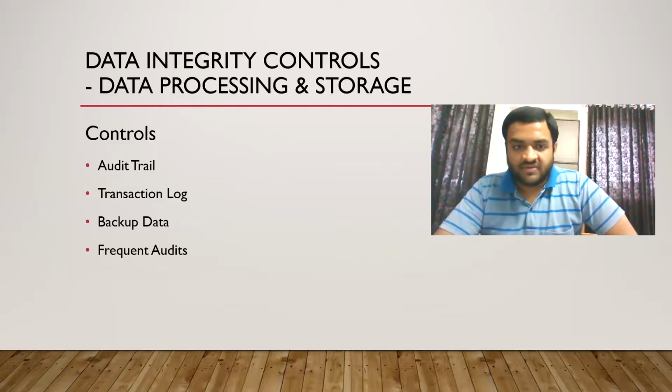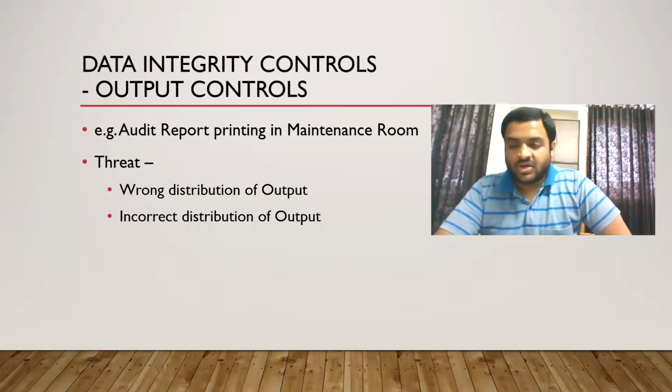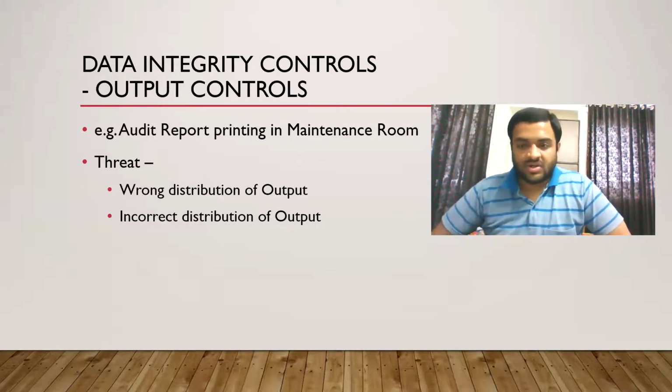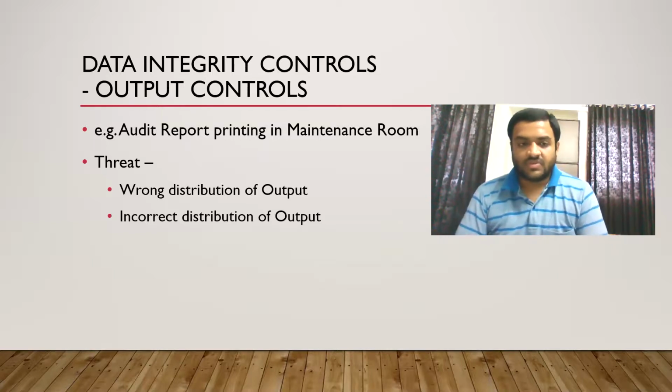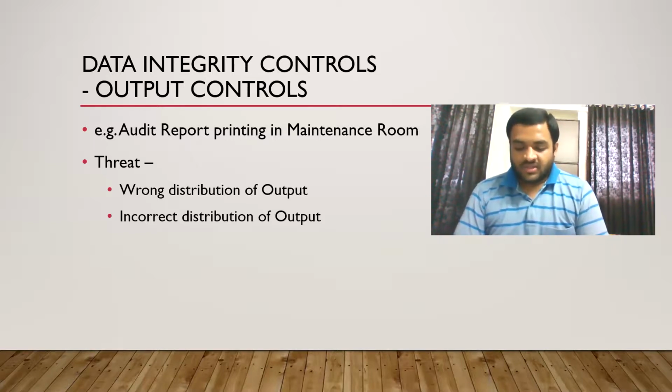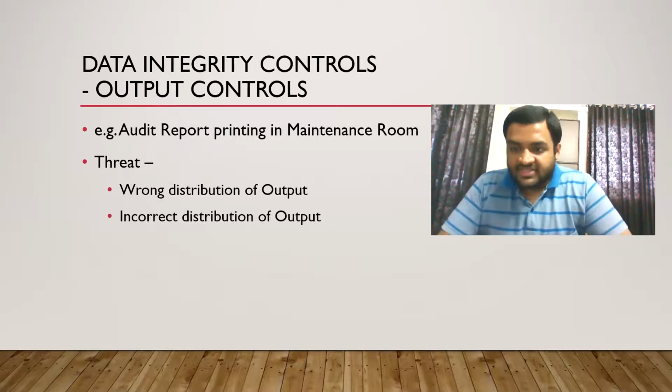After this, we have output controls. Now, what are output controls? In an IT company, we have a designated room for printing. There will be like 10 or 11 printers there. We have to give instructions first from our terminal, from our cabin or cubicle where we sit, and then go to the printer room after giving instructions.